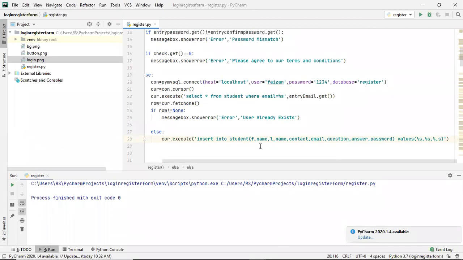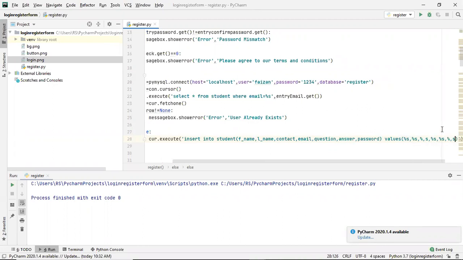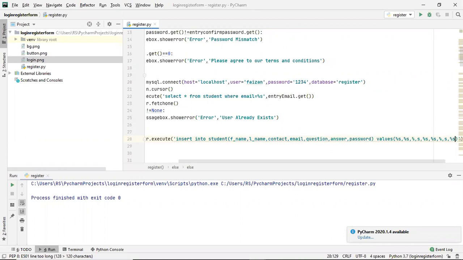So how many are there? 1 2 3 4 5 6 7. So we'll be creating seven %s. These are basically formatted strings. These %s will be replaced with these values. Okay, so we got this.